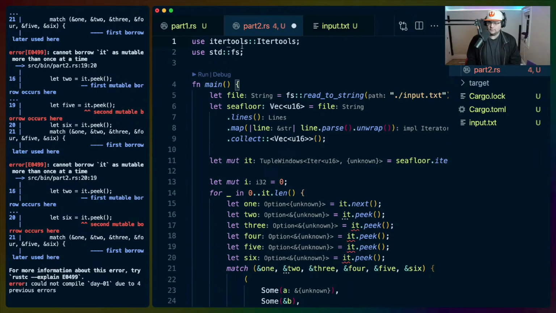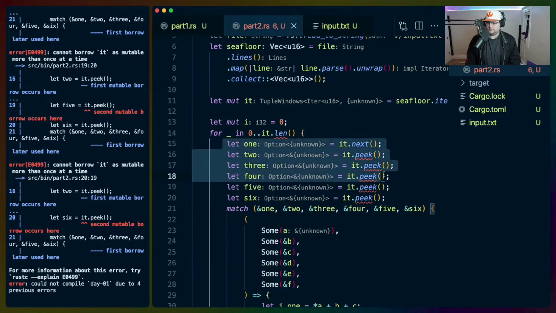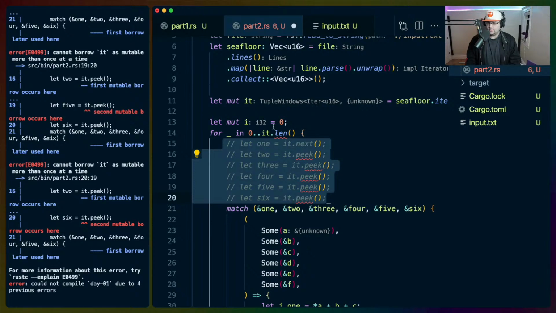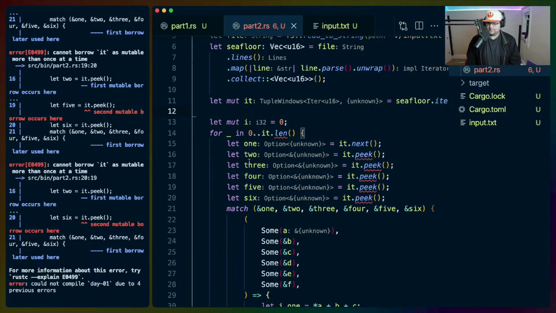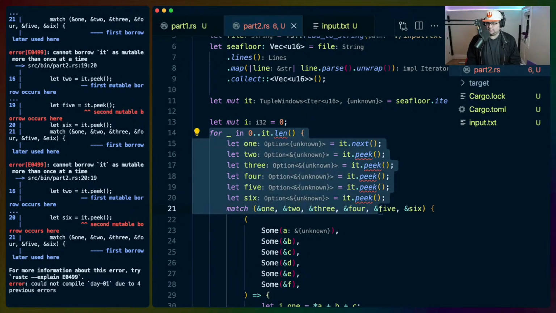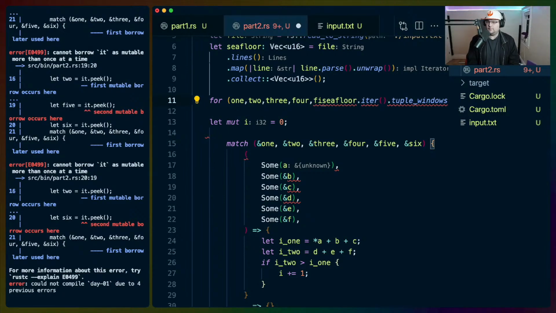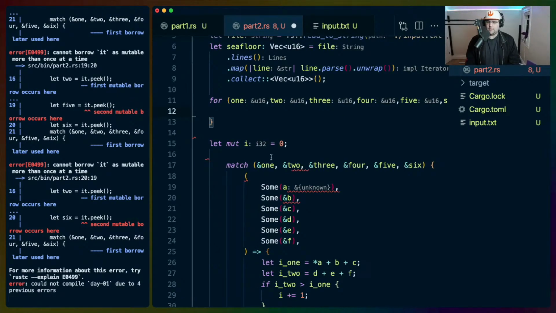I will figure out why you are a problem later. And this can be a whole thing now. So for 1, 2, 3, 4, 5, 6 in this. Then we have our block.